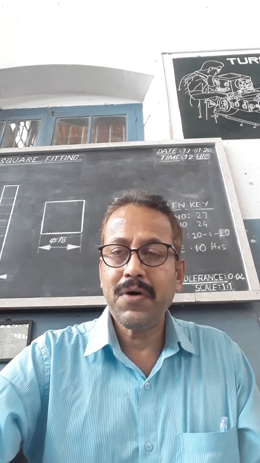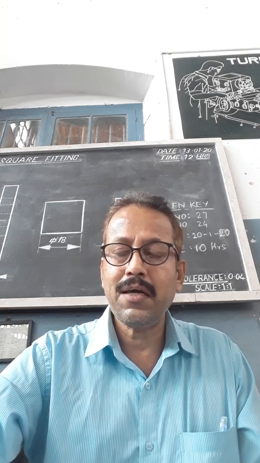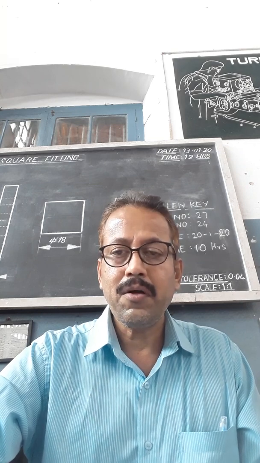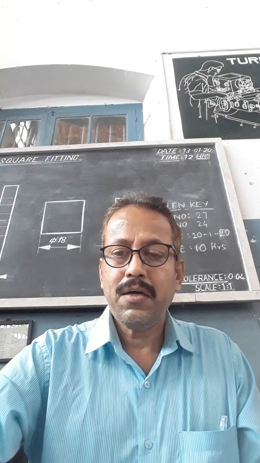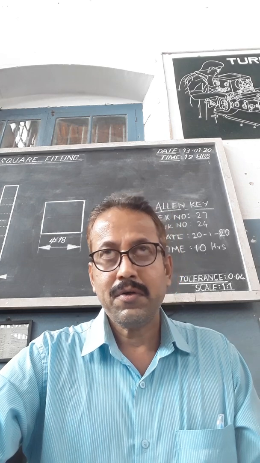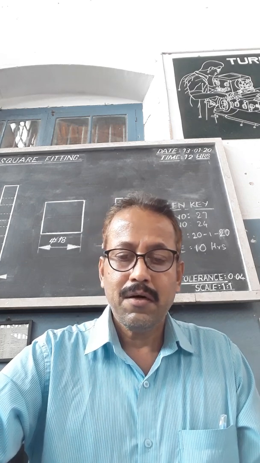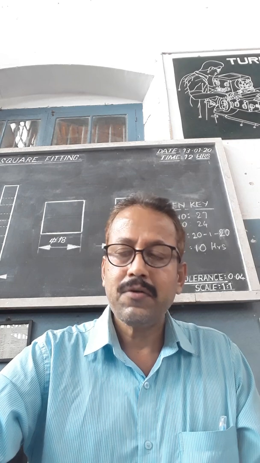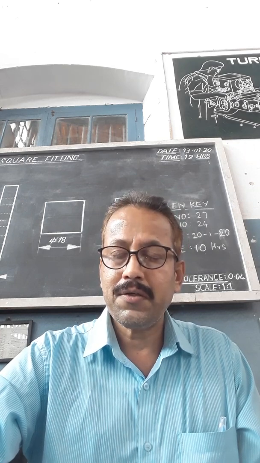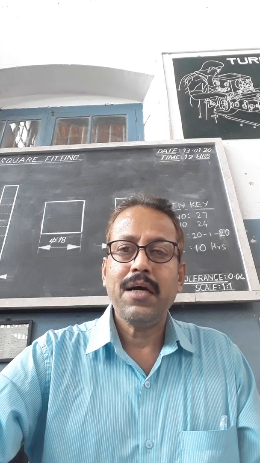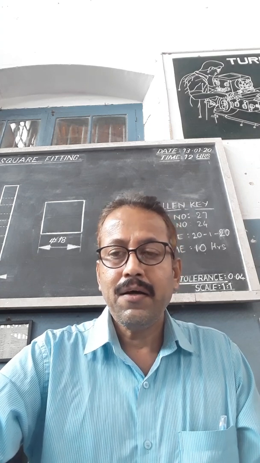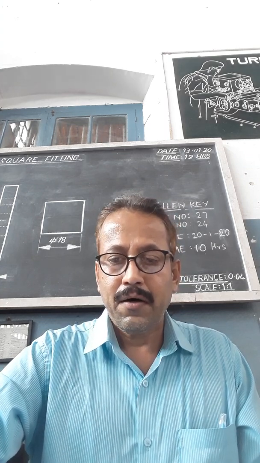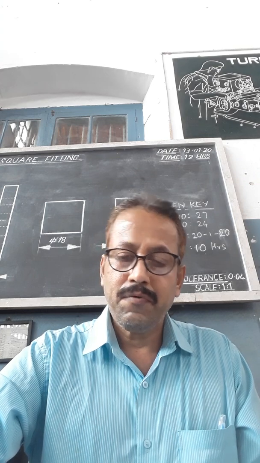Otherwise, if any foreign particles, maybe dust, are there, building up is not possible. It is not proper. So that's why, while building up the size for the slip gauges, cleaning is very important. Remove burrs from the workpiece with an oil stone. If any burr or sharp edges are there on the workpieces, you have to remove them, not with the file. An oil stone can be taken, and with the oil stone we can remove the burr.